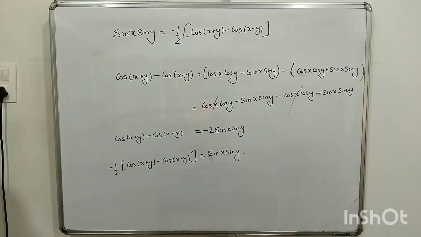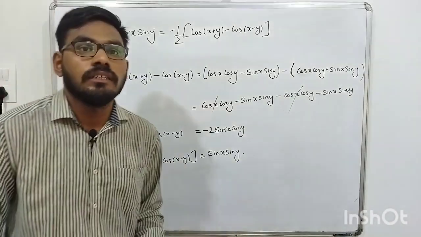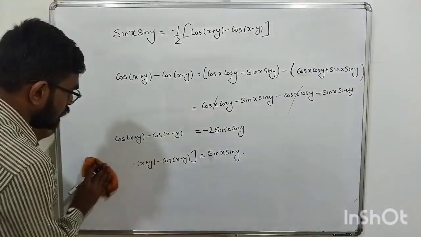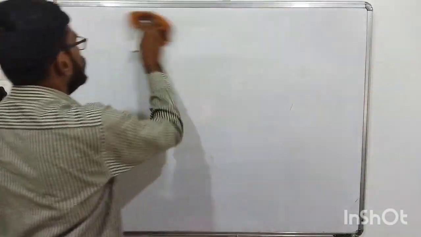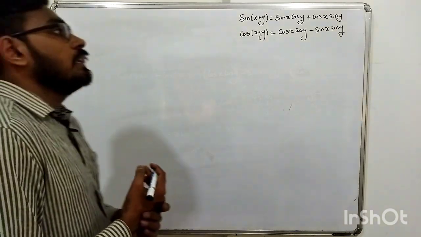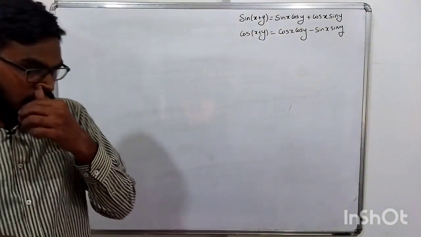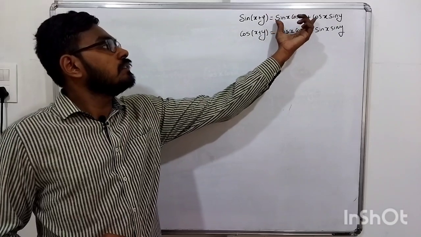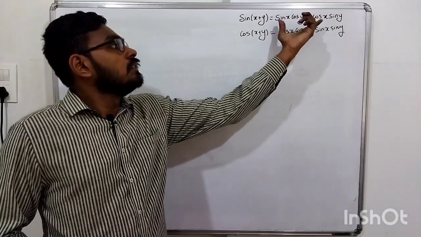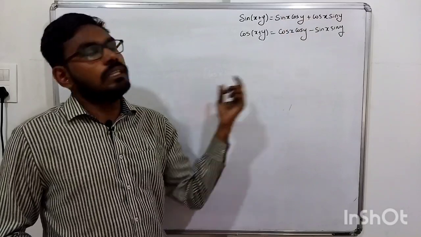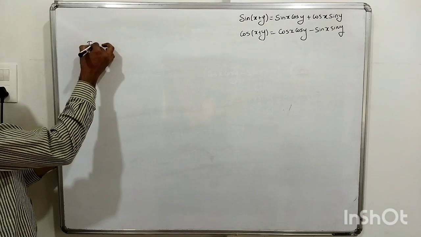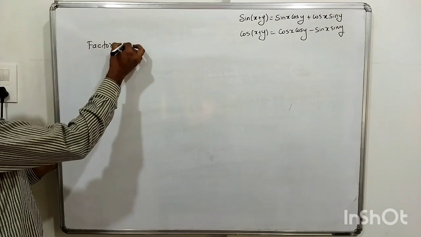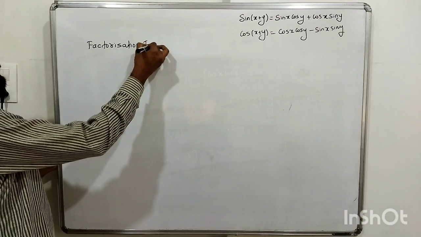So like this we have 4 factorization formulae and 4 defactorization formulae. In general we'll write them now, and all 4 we can remember using the sum of angles formula. So we'll write all the formulas in general now. Using these two we can easily remember those. So let's write the 4 factorization formulae together.